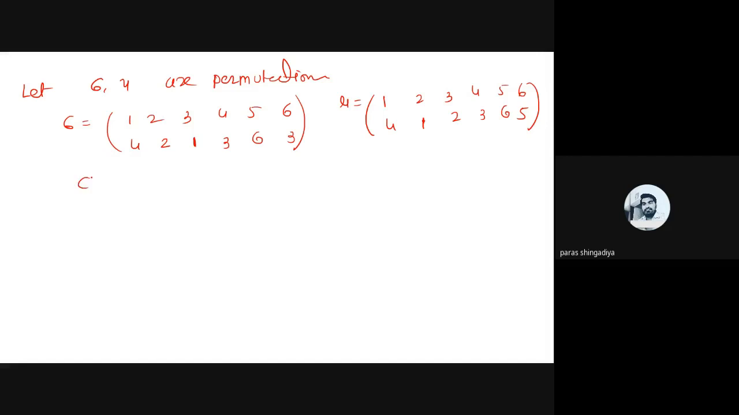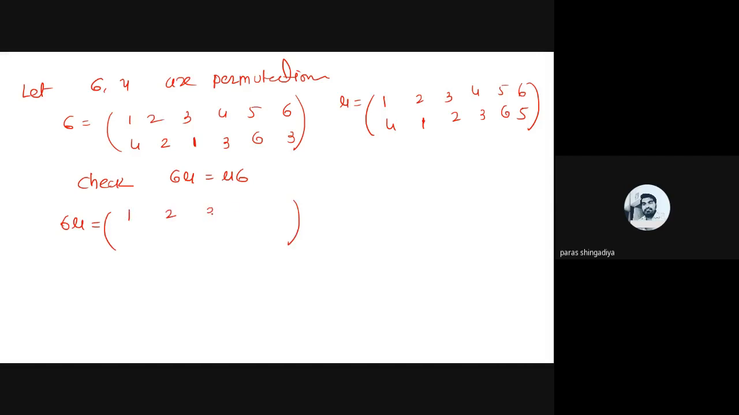And check whether sigma mu is equal to mu sigma or not. Okay, is sigma mu equal to mu sigma or not? So sigma mu, that will be,